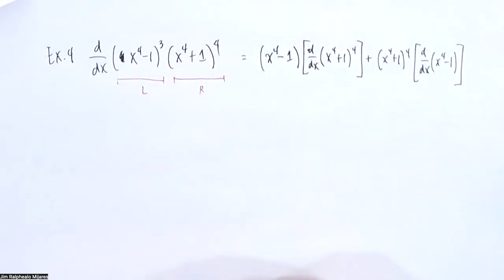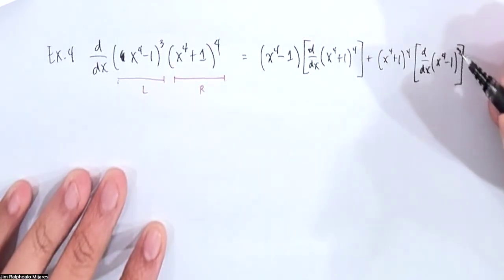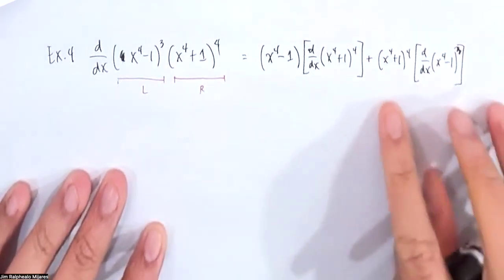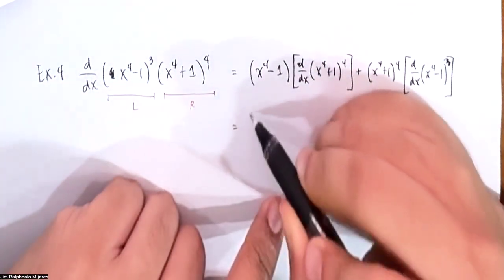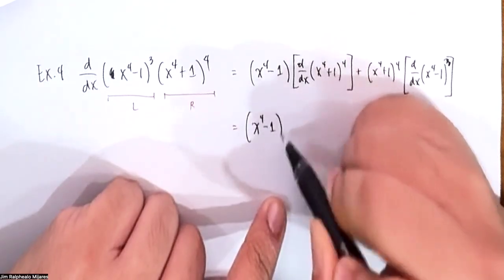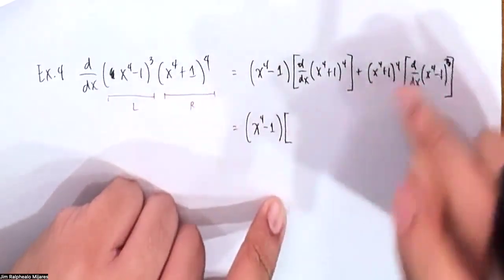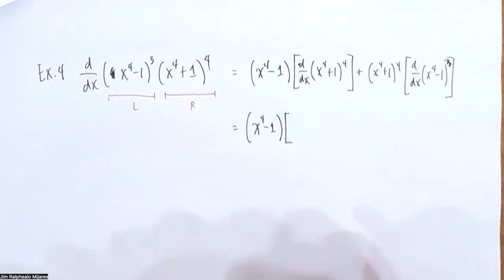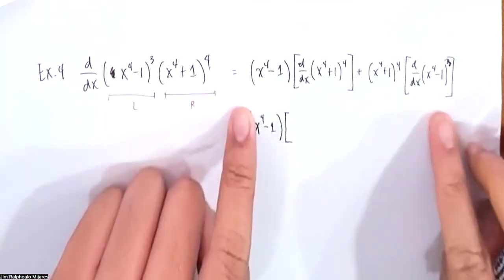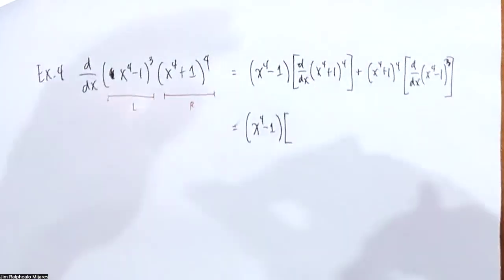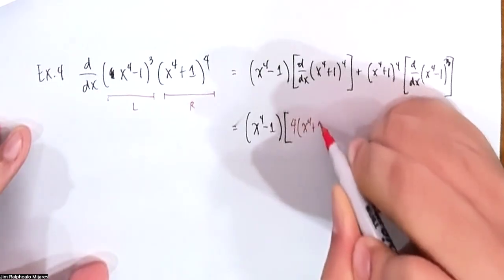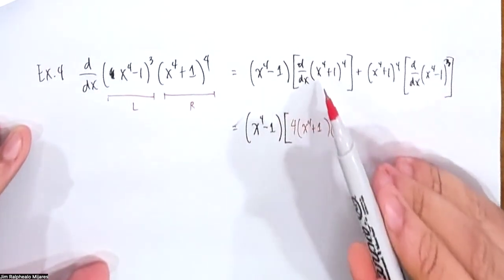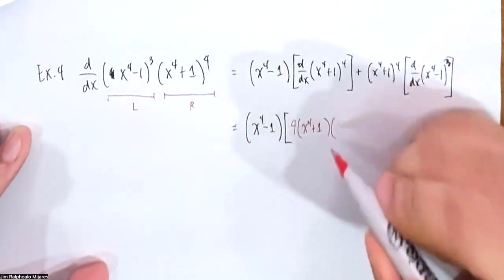Right? Now, I forgot the cube here. Now, we find the derivative accordingly. So, x^4 - 1. This again is chain rule. So, it's a product rule on the outside, the first step. Then once you find the d left and d right, you kind of need the chain rule. So this becomes 4 times (x^4 + 1)^3 times the derivative of x^4 + 1, which is 4x^3,